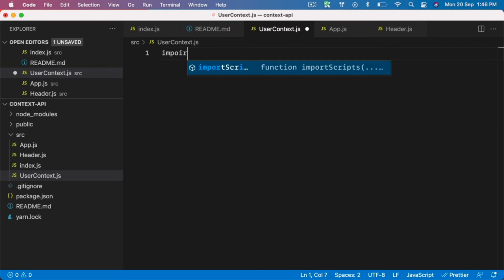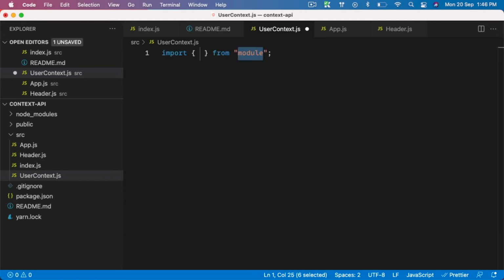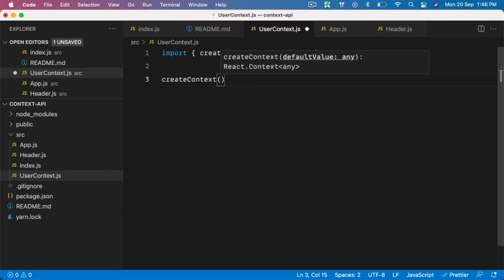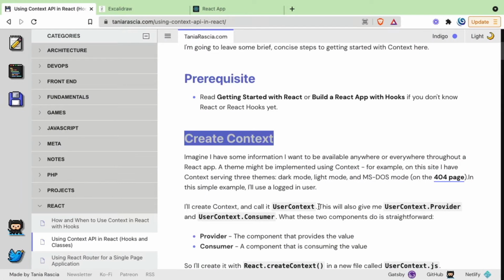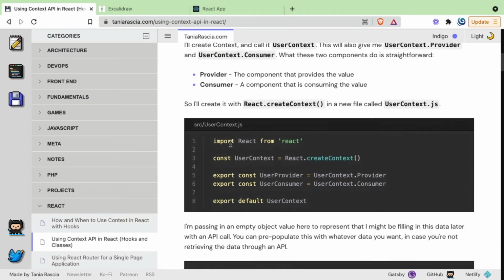So we will import a special function coming from React that is known as create context. So create context is a function given to you by React, and it will create a context for you. How do you call it? So you just call the function, and here when you're calling the function, you have to pass the initial data. So you're importing it, you're saying react.createContext, and you can pass initial data here.